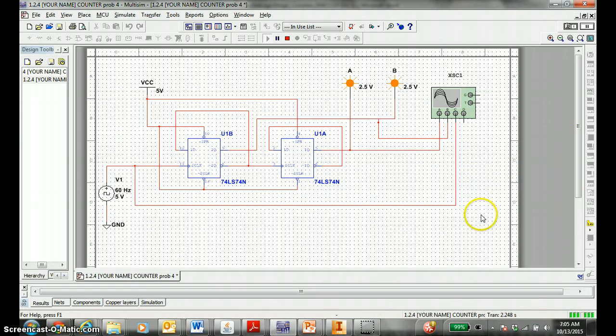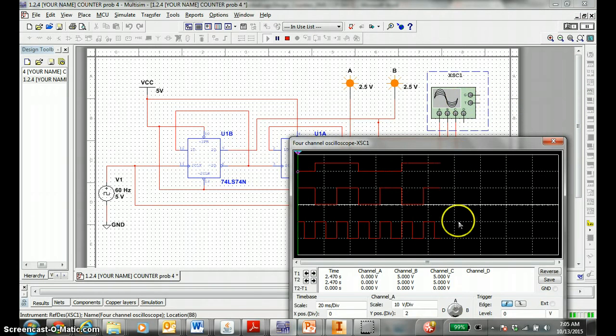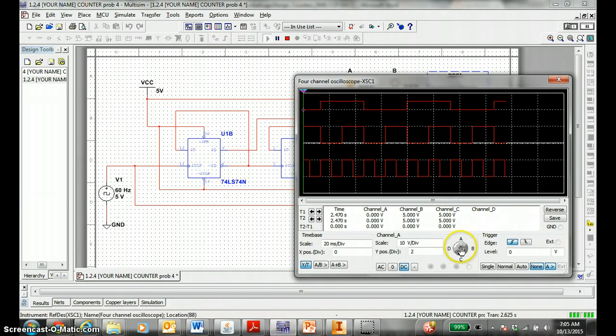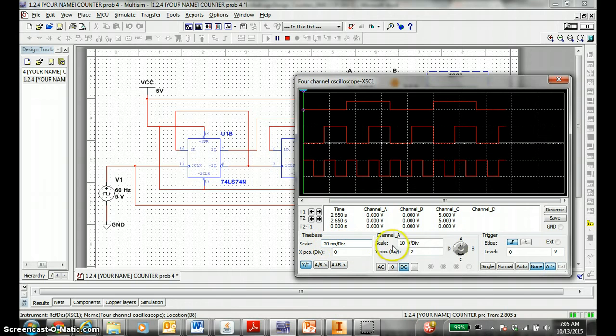So let's look at this tutorial again. Here's your 4-channel oscilloscope. If you double click it, this is how you set the channels up. So just follow the directions. On the time scale, you want 20 milliseconds per division. On the scale, you want 10 volts per division. On channel A, you want to